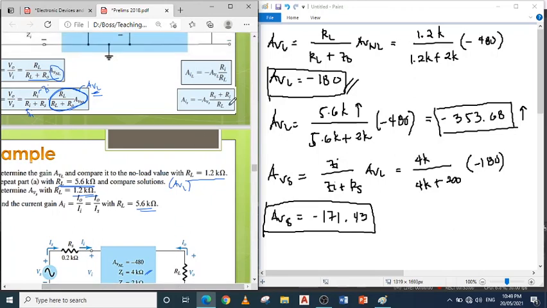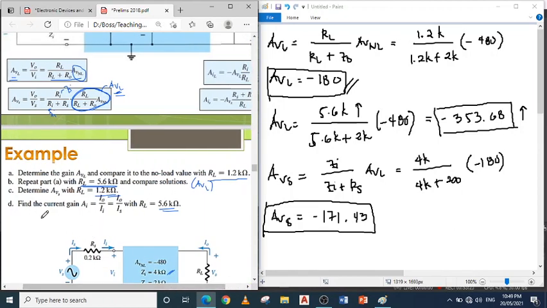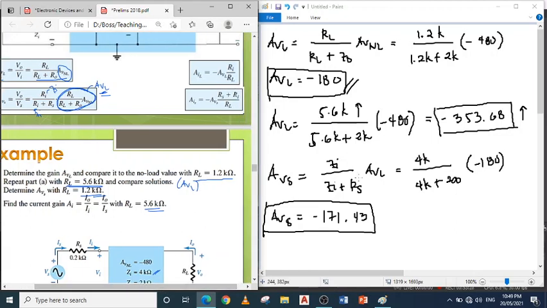Ayan. Ano ba tinutukoy dito? Is it the AIL or the AIS? Okay? I-solve na lang din natin para walang masabi since hindi naman sinabi kung AIL ba or AIS. Okay? So for AIL with RL is 5.6. So ang AIL natin,